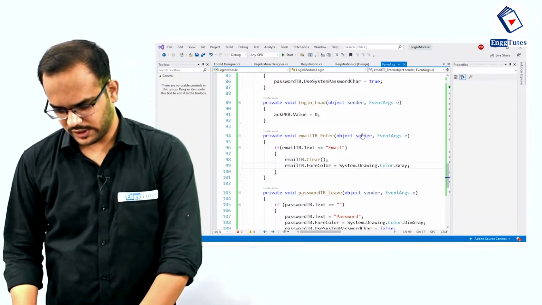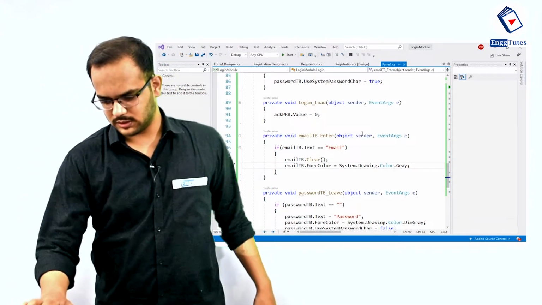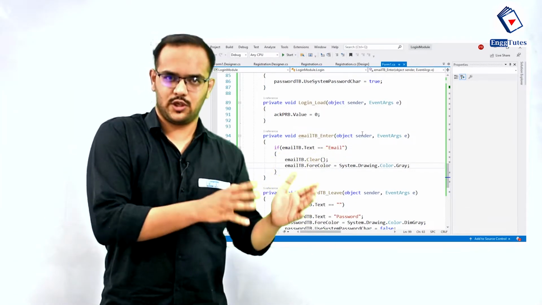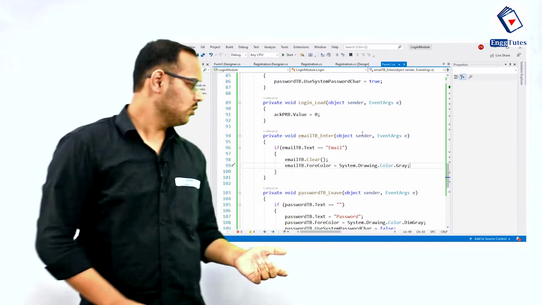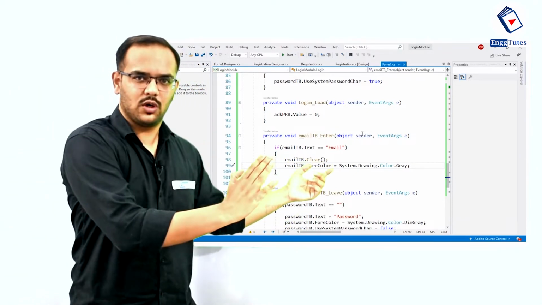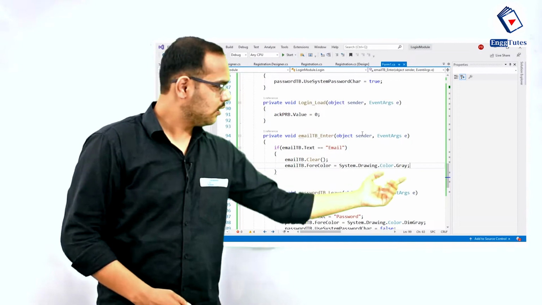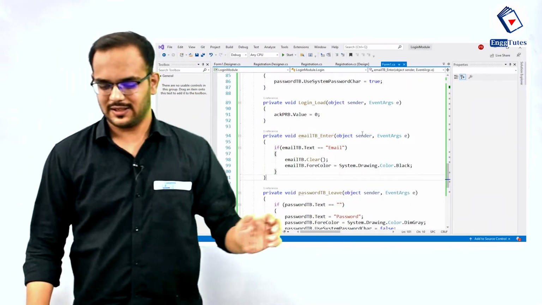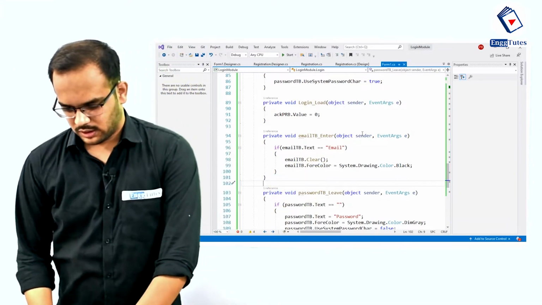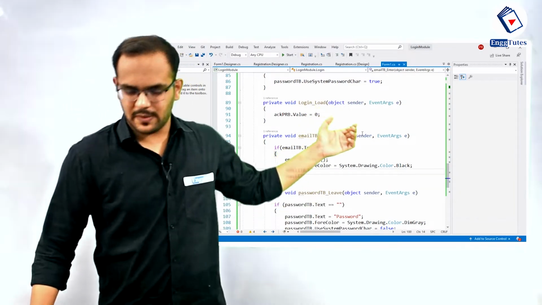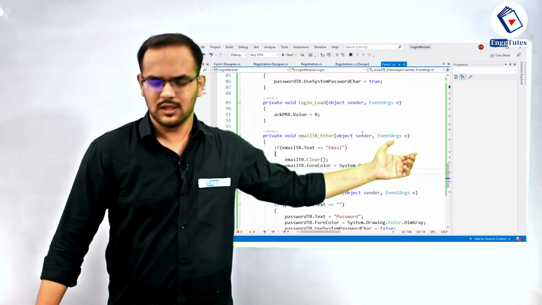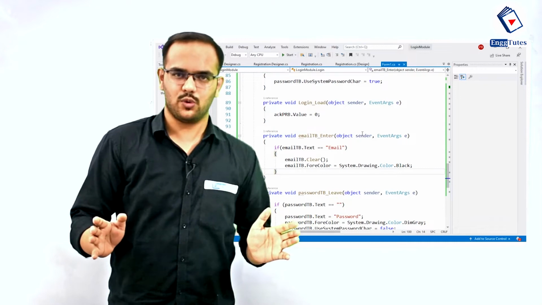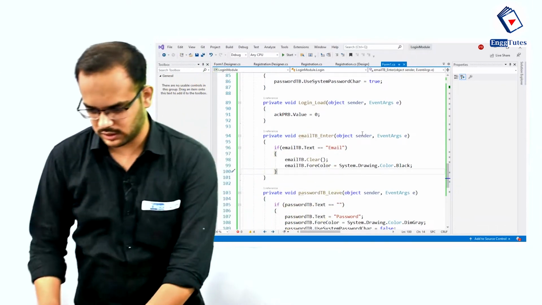So I will just remove it. What we'll do, this particular line: if emailtb.txt equals email, that is, no value is written by the user in that particular text box, it will remove that placeholder and change its color to, oh sorry, we need to change this to black. Done. And if emailtb.txt is not equal to email, that means the user has entered some email. In that case, we don't want to do anything. Okay, that we have seen there.